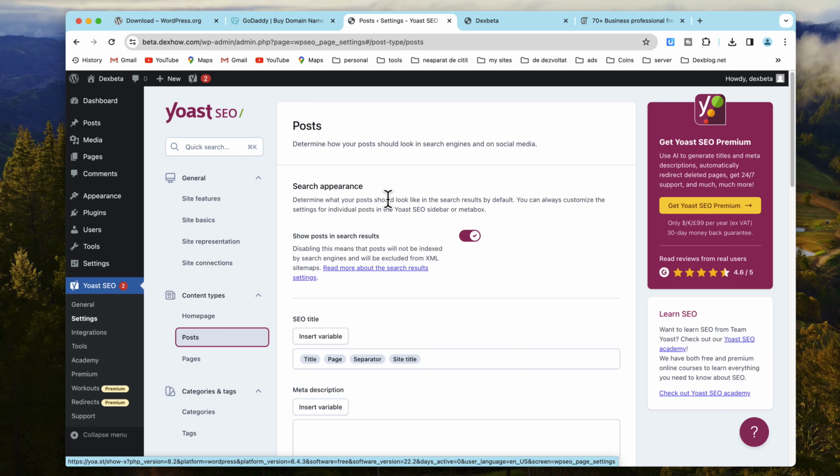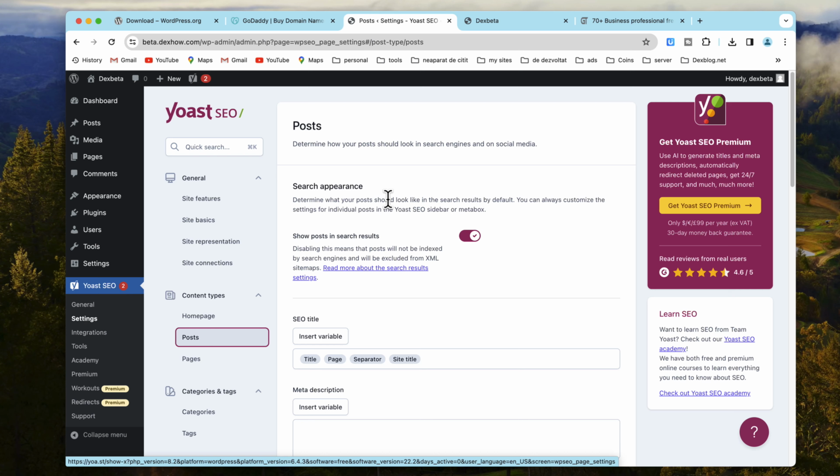Create high-quality content. Search engines love high-quality content. Make sure to create content that is informative, engaging, and well-written. Build backlinks. Backlinks are links from other websites to your website. Backlinks can help to improve your website's authority and ranking in search engine results pages.